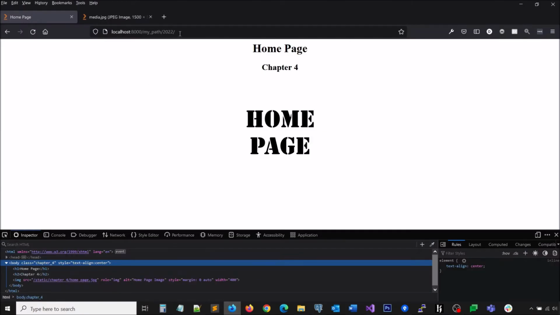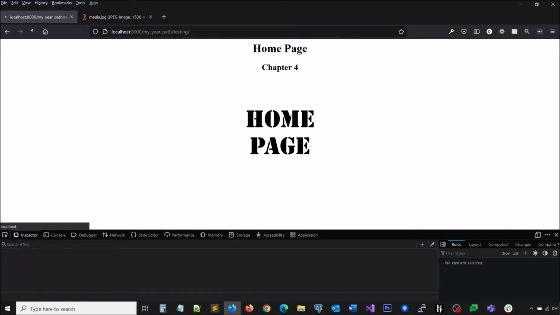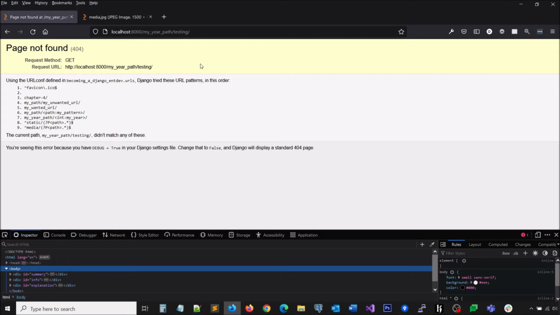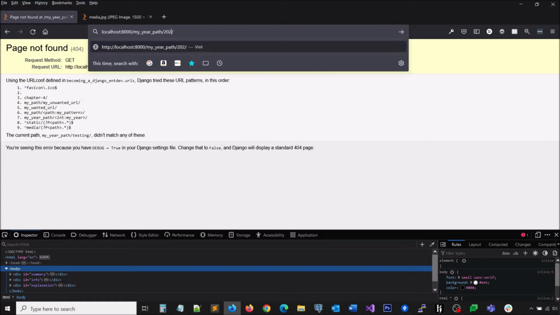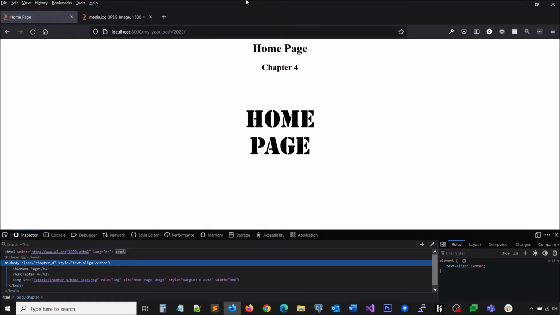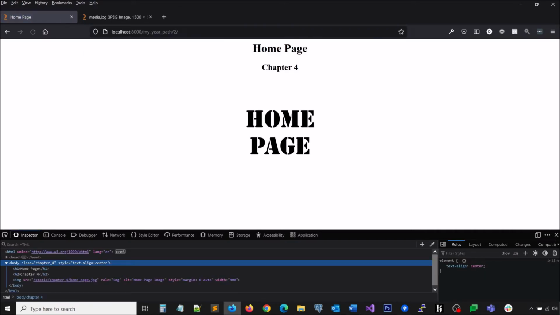So now if we go to my year path /testing, we see the page not found, which is exactly what we expect. And if we go to 2022, we'll see that it is working. And if we go to the year 2, we'll see that that is also working. But if we wanted to only capture a 4-digit number,